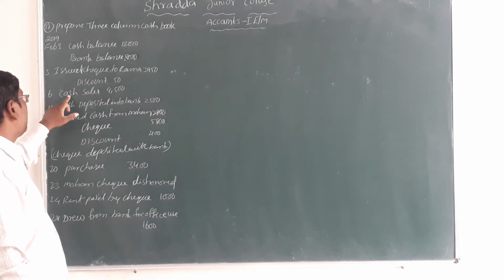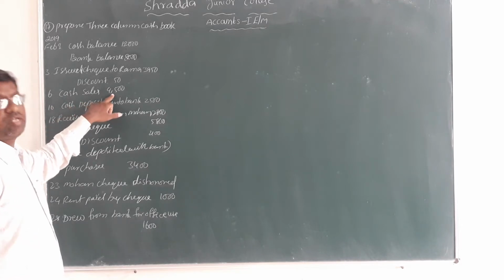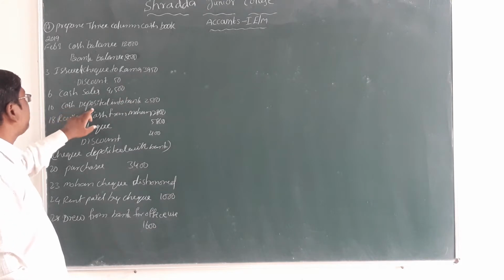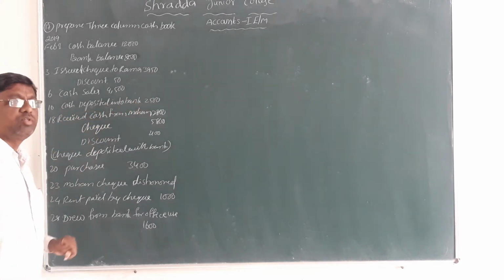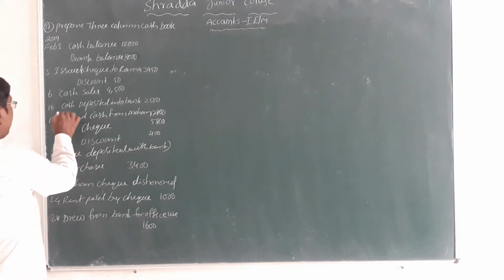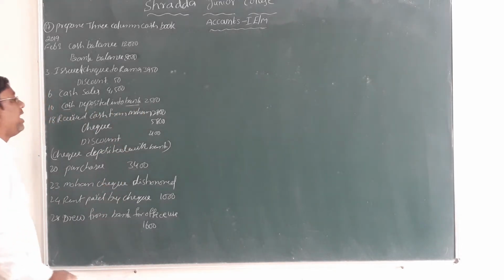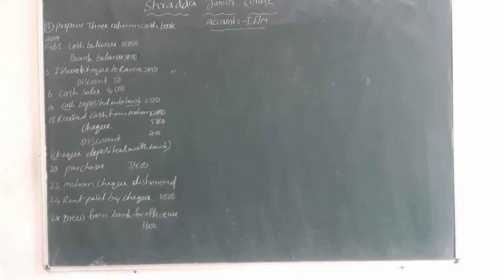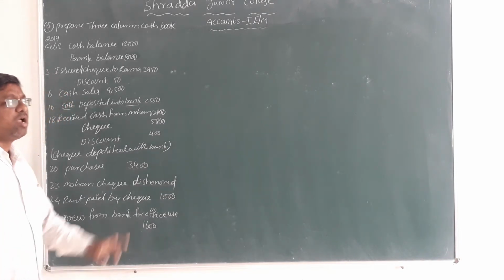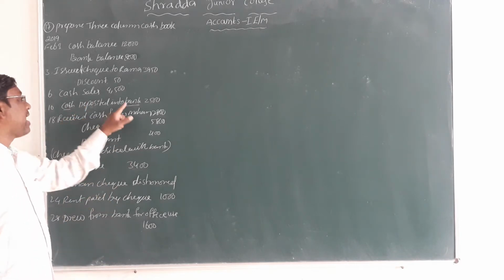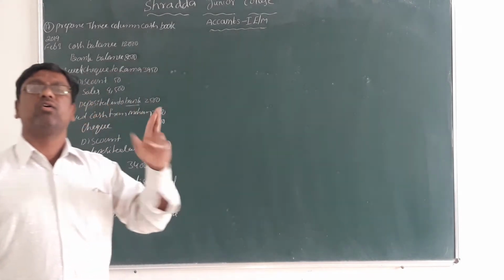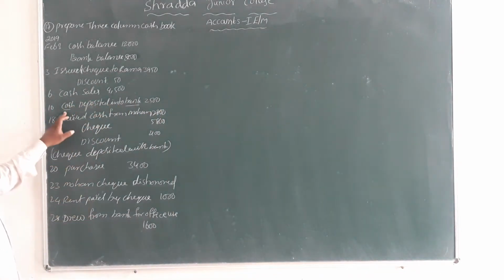Now sixth date, cash sales 4500. Cash deposited into bank 2500. Cash and bank both are there. Cash deposited into bank, how can we record that? We record it in the three column cash format. We can record both sides of the data. Here cash and bank both are there. In this three column account we prepare the cash account and the bank account both. That's why this deposit is a contra entry.